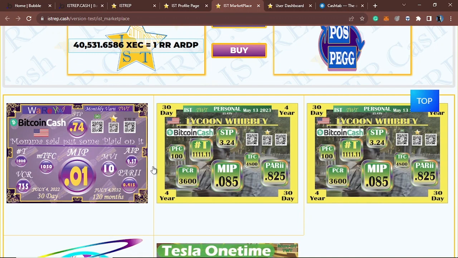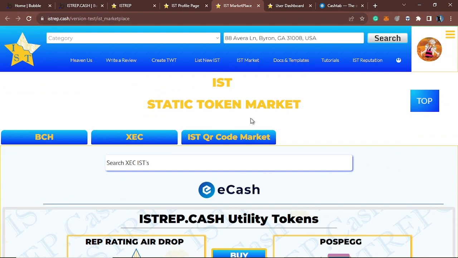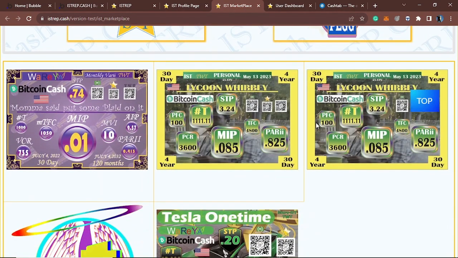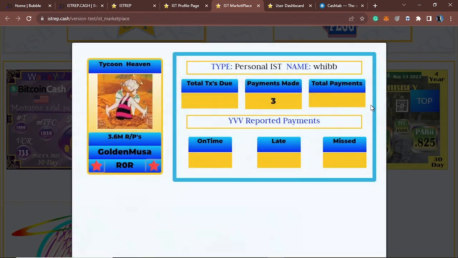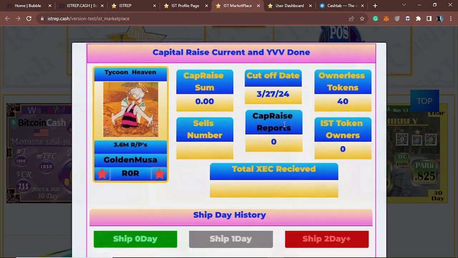Yes. And which one is this one? They're both going to be active markets for demo. So yeah, we have our token market on. We have our static token market on the static token market page. So if somebody would like to come in and buy, we can see that's the old one. And we'll come in and we'll click in the new one, and we'll see we have a new pop-up displaying